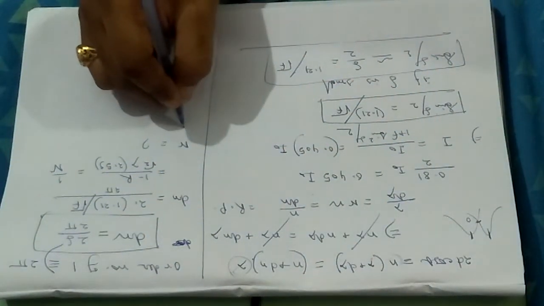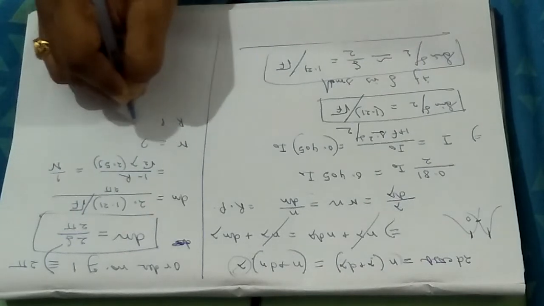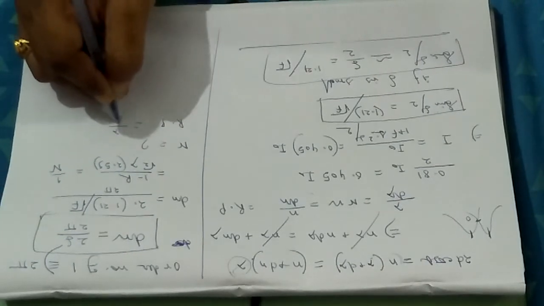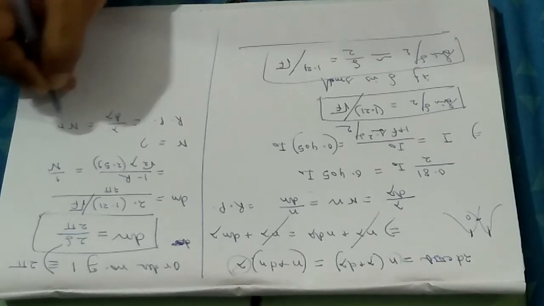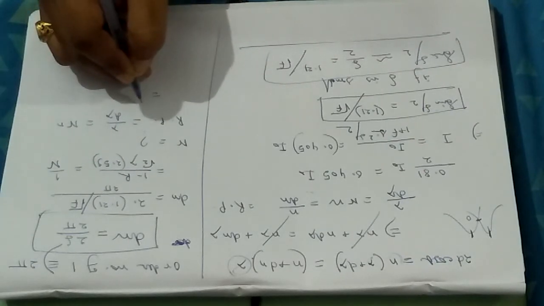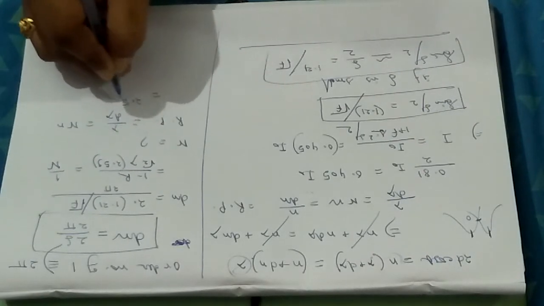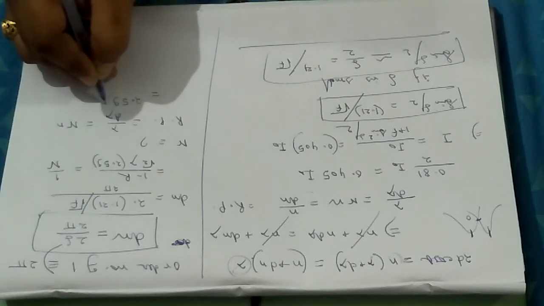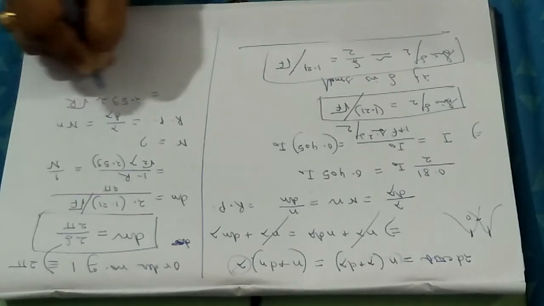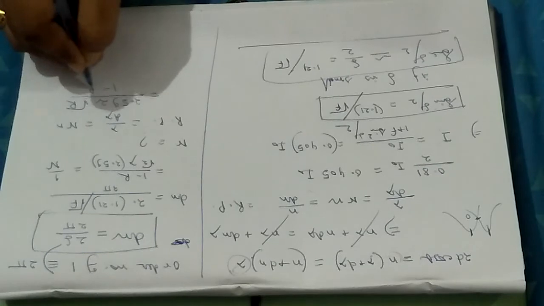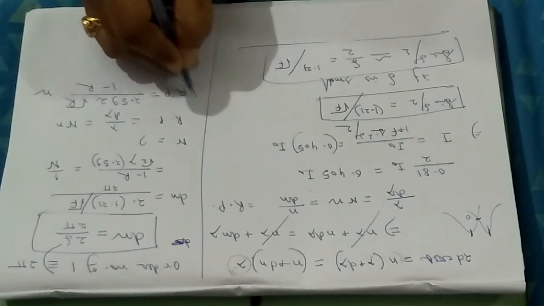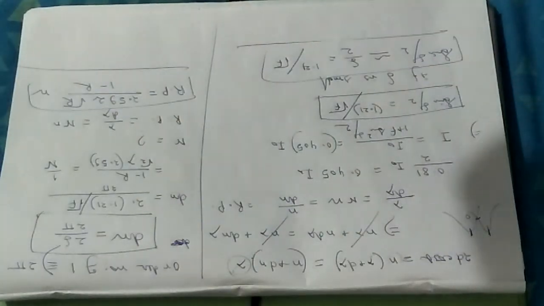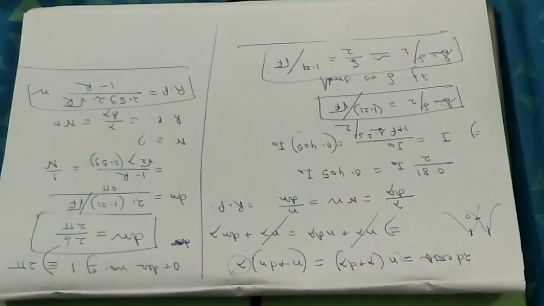Then you can put the value of resolving power equals to lambda by d lambda equals to capital N into small n. Now if you put the values, you will be getting 2.592 whole root over of R divided by 1 minus R into small n. This is the expression for resolving power in case of Fabry-Perot interferometer.